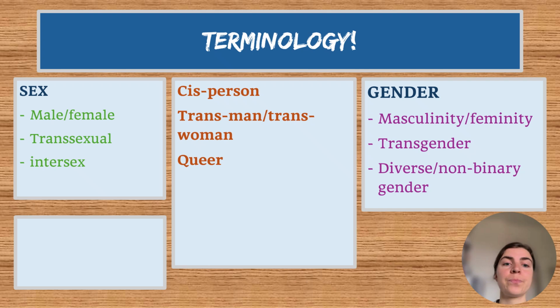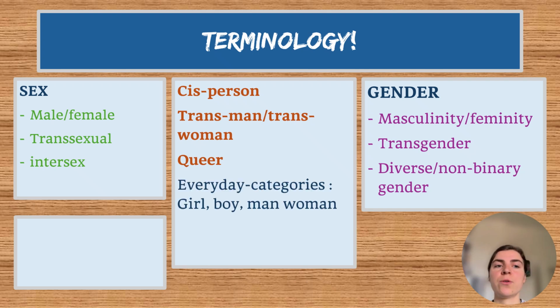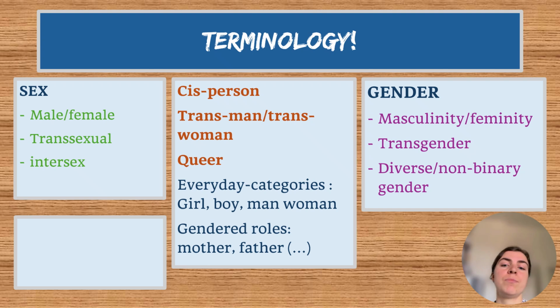Queer would also be something that is in between. It can be related to sex, it can be related to gender, it's just somewhere in between and describes gender roles which are different and also transgresses into sex. And then we also have everyday categories that combine both. So if we talk about a girl, a boy, a man or a woman, or also about gender roles like mother or father, we usually expect that sex and gender in a way combine and we have congruent categories.